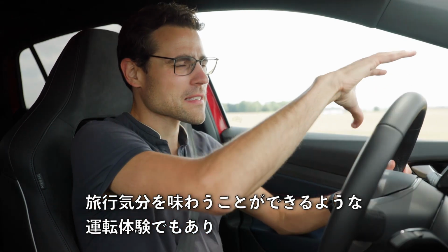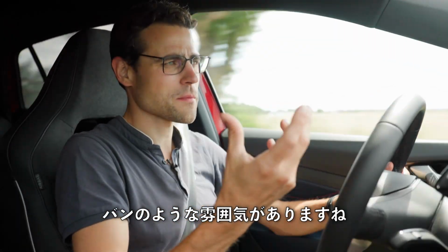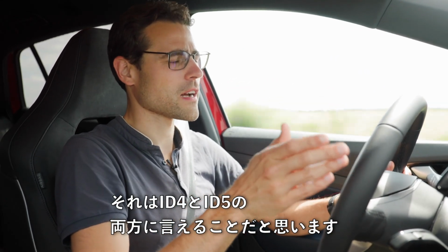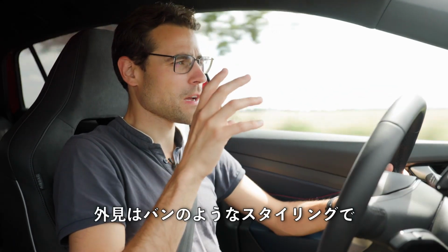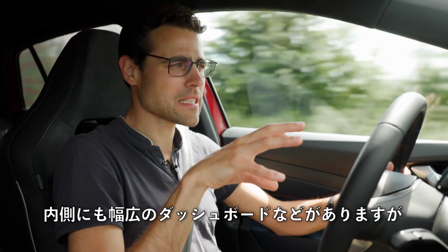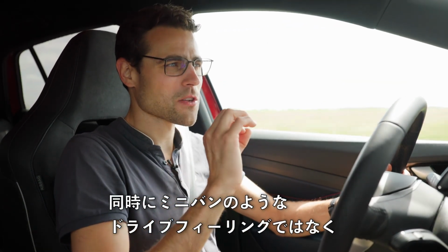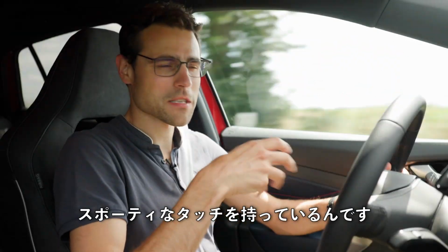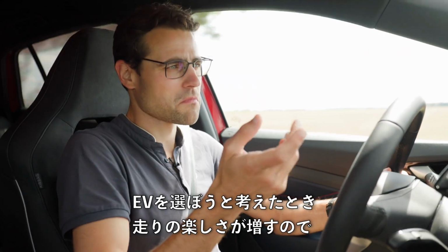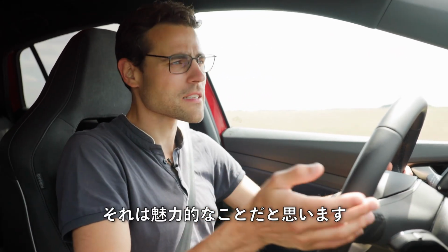But you once again get this kind of traveling feeling. You do have a van-like atmosphere, but I think that's also the thing about both the ID4 and here the ID5. You have a van-like styling on the outside, also a styling on the inside, with the wide dashboard, but at the same time it does not have an MPV driving feeling, because it has this sportier touch, and I think that's an attractive thing when you think about going for the EV version, because you just indeed get more driving